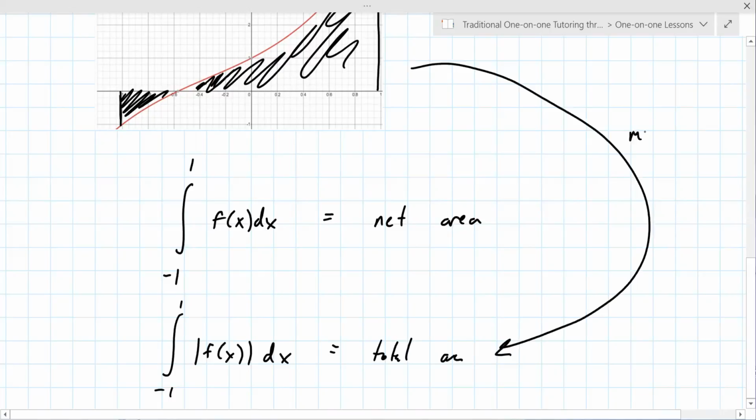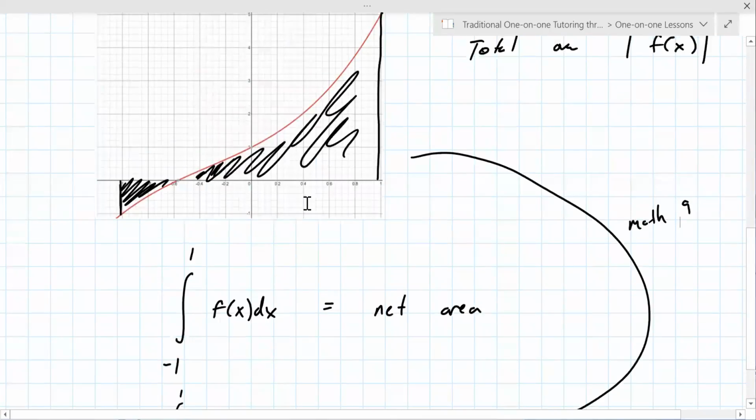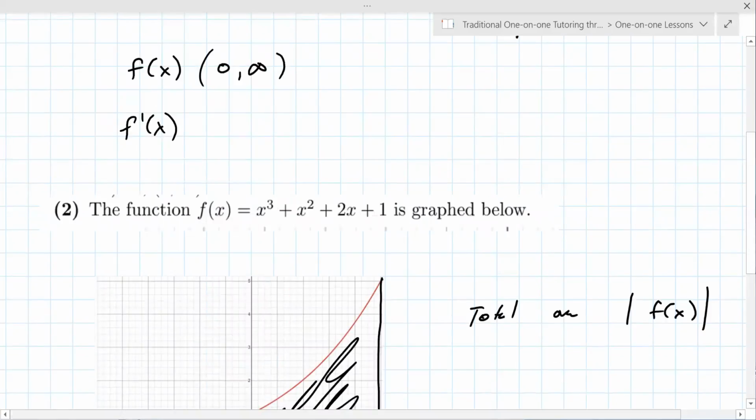So that's where you do that math 9 thing, fnInt. What do I put in for f of x? That's up here, this function right here. How do I put the absolute value in there? That's under math ops, I think. Please confirm. Oh, there it is. On my TI-84 calculator, I go to math and then go to the second menu, and it should be the first one. Absolute value of